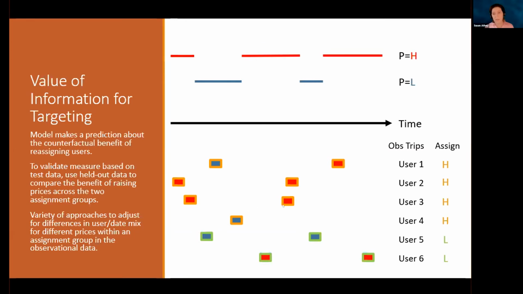And so I can basically estimate, using observational study techniques, the treatment effect of having gotten the high price versus the low price for my orange group. And I can also estimate the treatment effect in the test data for having gotten the high price versus low price for my green group. And using those, I can assess in test data whether my coupon strategy looks like it worked.